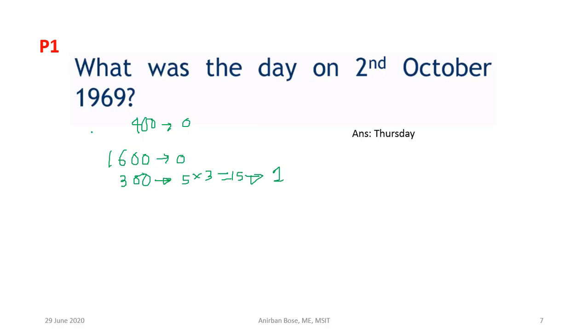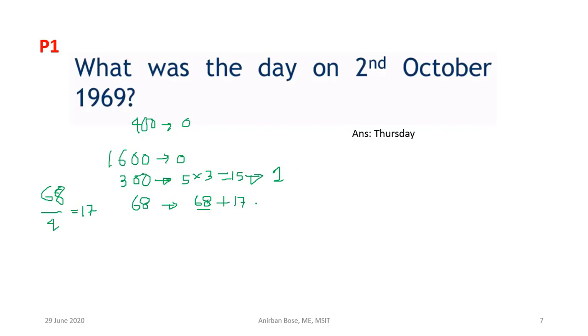Now we will consider the next 68 years. For the next 68 years, how many odd days are there? 68 odd days are there. But how many leap years are there? That you also have to consider. Why 68 odd days? Because for each normal year it is 1 odd day. So 68 years, 68 odd days, but corresponding to each leap year, 1 odd day you have to add. So 68 divided by 4 is equal to 17. So there are 17 leap years up to 68. That means 17 more odd days.